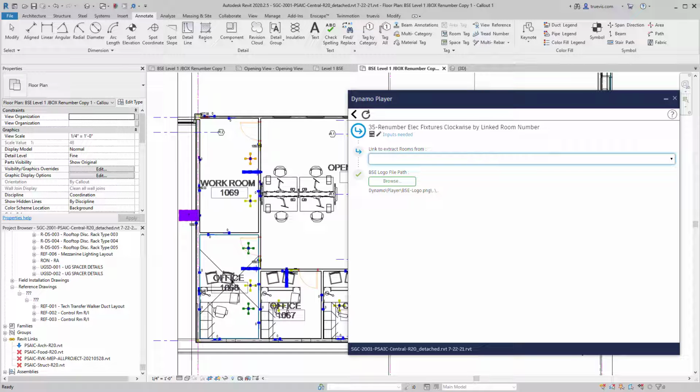Renumber electrical fixtures clockwise by linked room number. This is a very powerful graph that will set parameters on electrical fixtures that have a parameter available on them